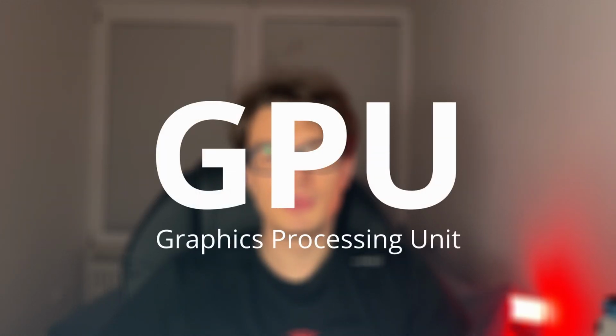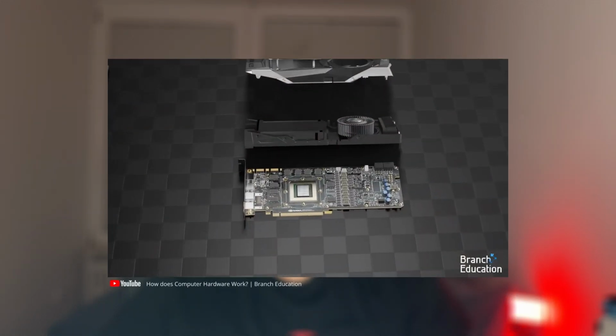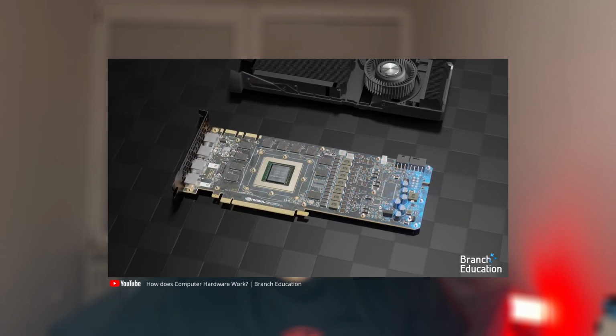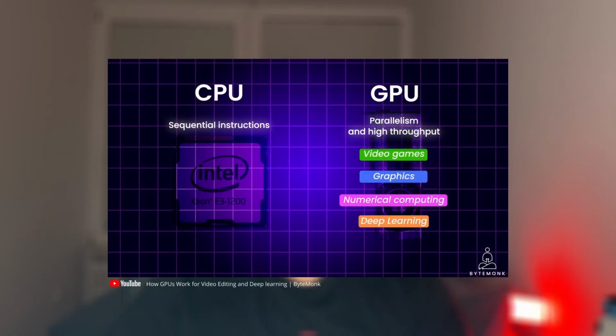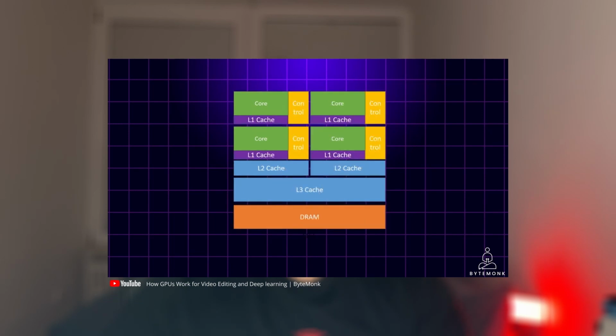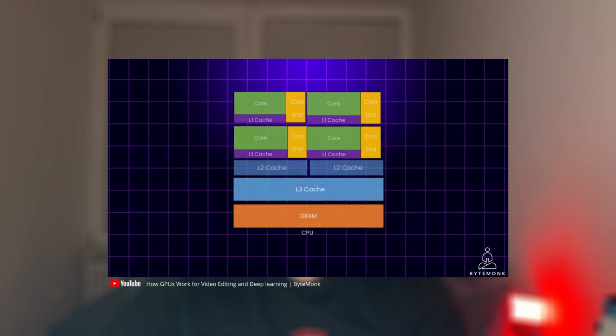Similar to the CPU, most computers have a GPU, graphics processing unit. It is a component similar to the CPU, but with one main difference. While the CPU is designed to be versatile, the GPU is designed to be fast with parallel tasks. That's why it's very popular when we're talking about AI development or cryptocurrency mining, because a GPU has more cores, it can more efficiently